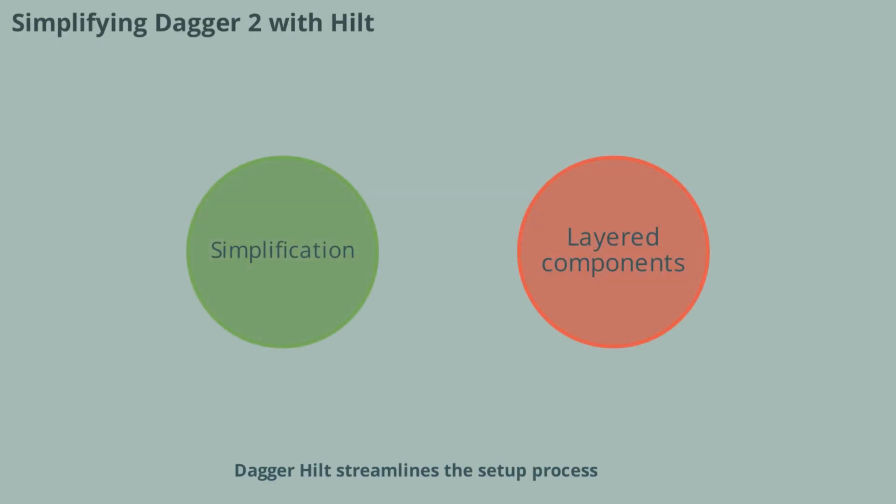Dagger Hilt streamlines the setup process that was previously complex with Dagger 2. By introducing layered components and standardized annotations, Hilt removes the need for multiple custom components and annotations. This not only reduces complexity, but also improves code readability and maintainability. Developers can now focus on building robust features without worrying about intricate dependency graphs. In this scene, we'll look at how Dagger Hilt simplifies the implementation of dependency injection, making it more accessible for